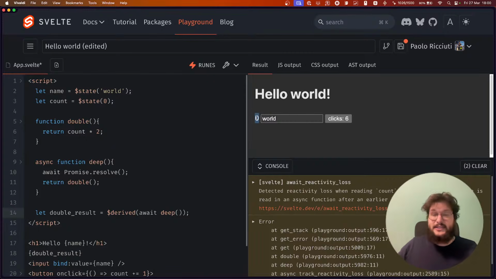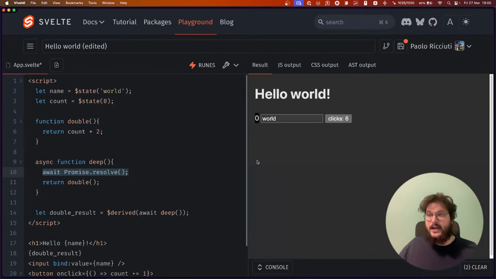So given that this can be problematic, what we do is that if we do detect that you are reading a value that is after an await at runtime, we throw a warning so that during dev time, you know that, hey, we detected reactivity loss when reading count. This happens when state is read in an async function after an earlier await. So this basically is a way for us to warn you about the